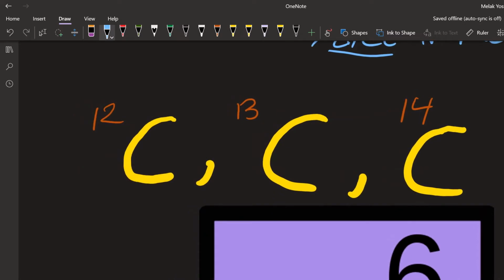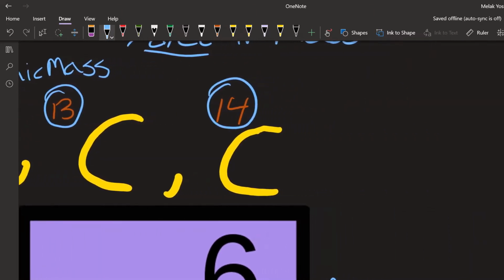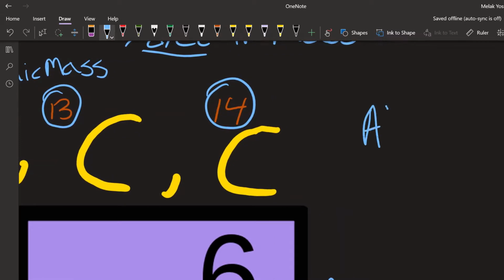One with a carbon mass of 12. By the way, the top number here represents the mass, the atomic mass. And this number as well. This is the atomic mass of those elements. And as we covered in an earlier video, the atomic mass